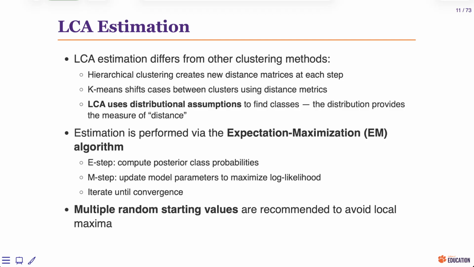So what that means is we have to usually start our model at multiple random starting values so that we can determine whether or not the maximum that we've received is the maximum overall. Now, we still never can determine whether we have a maximum, but if we run our model 100 times, each with a different starting value, then we look at the log likelihoods. If we see that one of our log likelihoods is the highest, that would be the one that they would